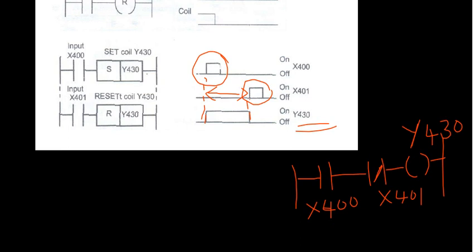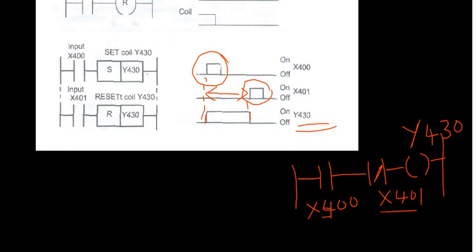So that requires two separate switches here, X400 and X401, that requires some other operation, but the same thing we are doing with the help of a coil here. That means the inputs X400 and X401 we are using here to actuate a coil. So Y430 is not the output, it is the coil, and this particular phenomenon which is taking place here can be subsequently used for some other purpose. That is the significance of your internal relays.